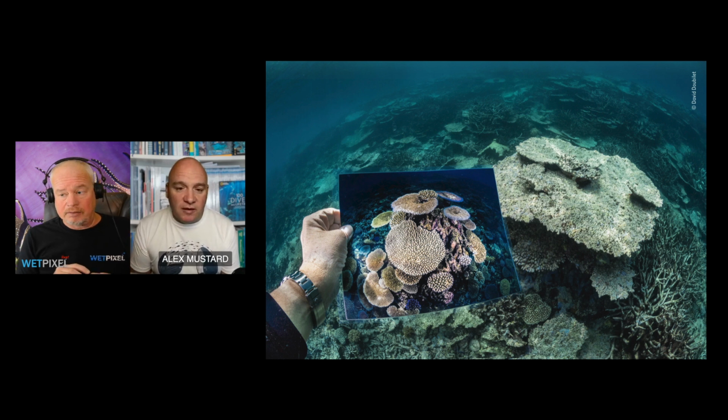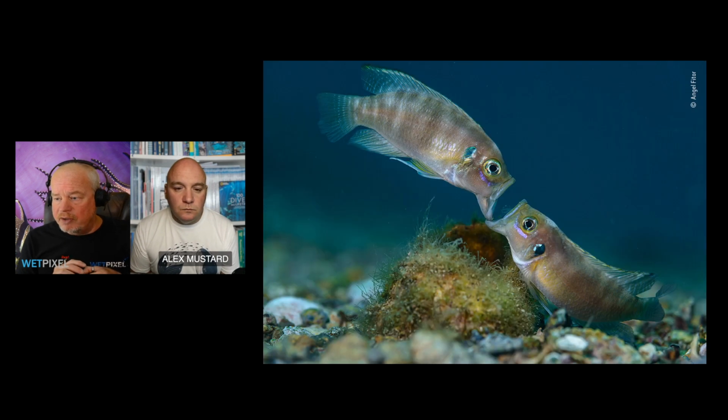Right. Should we move on to another category? Okay. And so I thought we'd move on to the portfolio award. You mentioned it earlier, by Angelo Fitol, which is of the cichlids from Lake Tanganyika. And just selecting one image, which is the image selected by the contest organisers. It's called Face Off, and it's these two cichlids, jaw to jaw,